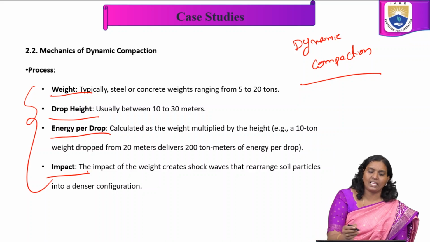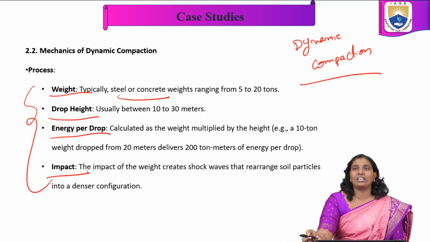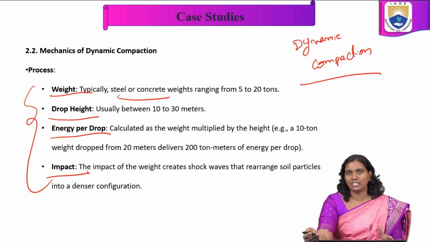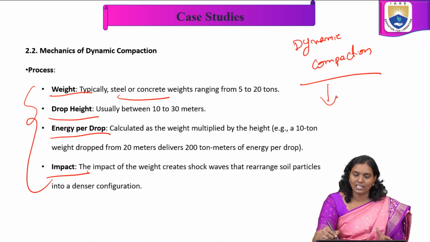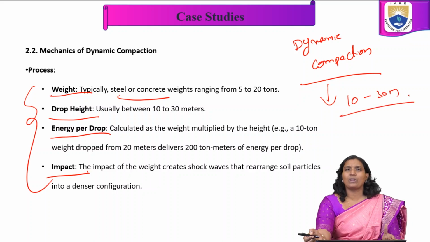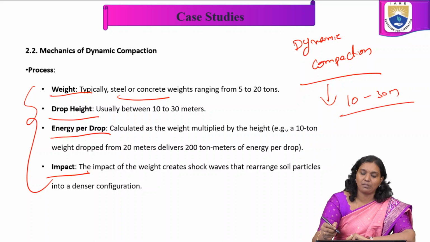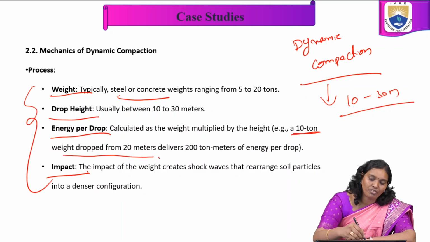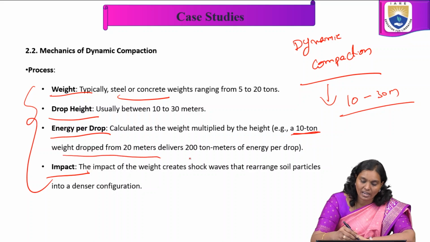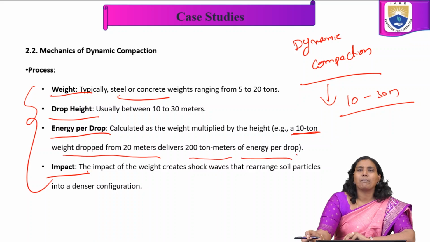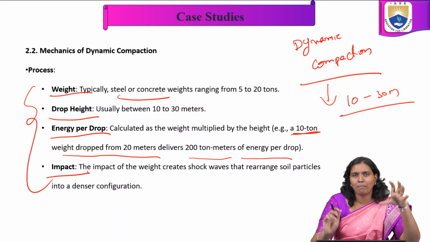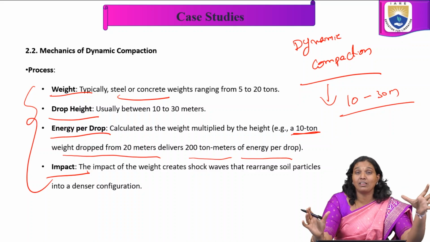Here, typically steel or concrete weights ranging from 5 to 20 tons are used. The dropping height is usually 10 to 30 meters, and we calculate the energy as the weight multiplied by the height. For example, a 10 ton weight dropped from 20 meters delivers 200 ton-meters of energy per drop. So this is nothing but the impact load we are creating, because heavy weights